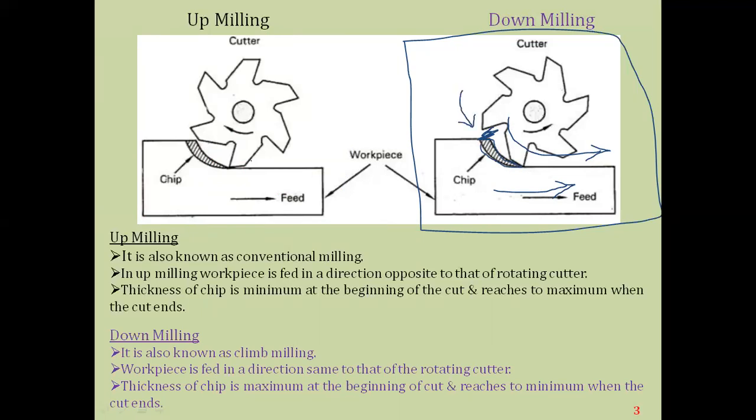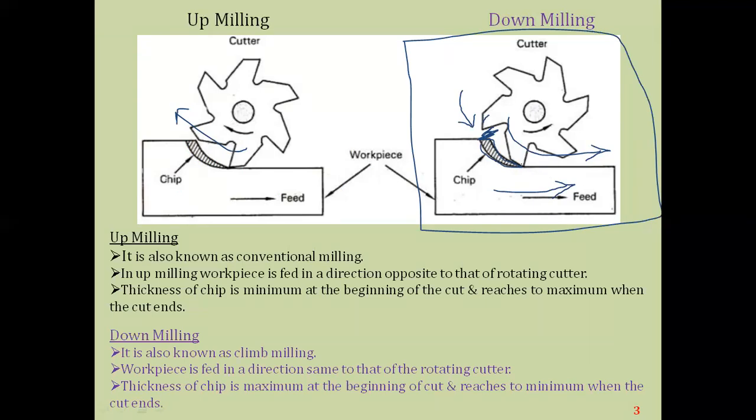In the previous case, the cutting force is applied in the upward direction, that is for the up milling. Whereas for the down milling, as the cutting tool is moving downwards, more force is applied towards the downwards itself. Here the chips are not interfering with the revolving cutter because they are deposited by the cutter itself, and the damage to the workpiece is very less when compared to the up milling case.